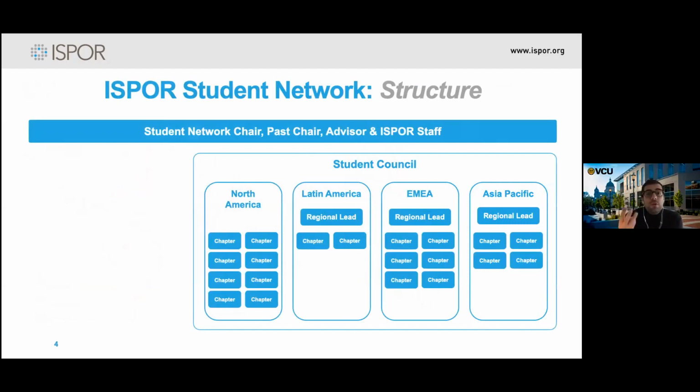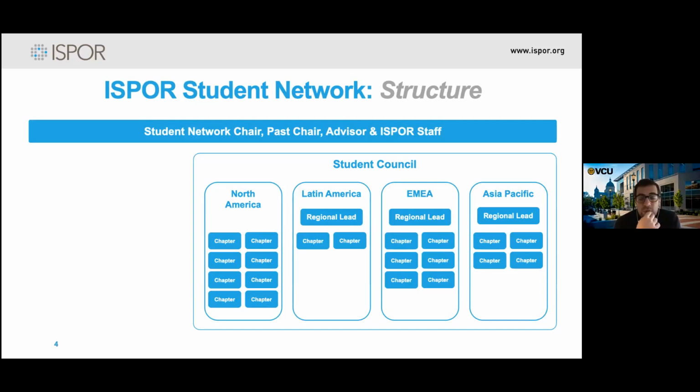And these three regions are in contact with the student network leadership through the regional lead. That is not true for North America, just because ISPOR is located in the United States, like the headquarters are in New Jersey, and there are a bunch of